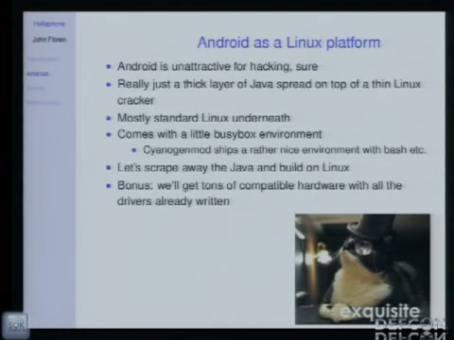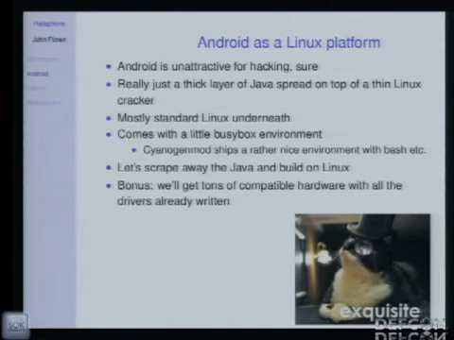But when we looked at it, we realized that Android is just a pile of user-level Java and a few C++ daemons, all running on top of a Linux kernel. They've got a little BusyBox environment down there, and daemons written in C which just run for talking to the radio and things like that. It's pretty standard down there. There are a few tweaks in the kernel, and of course the hardware support. But by and large, once you get rid of the Java, you're just back down to Linux.